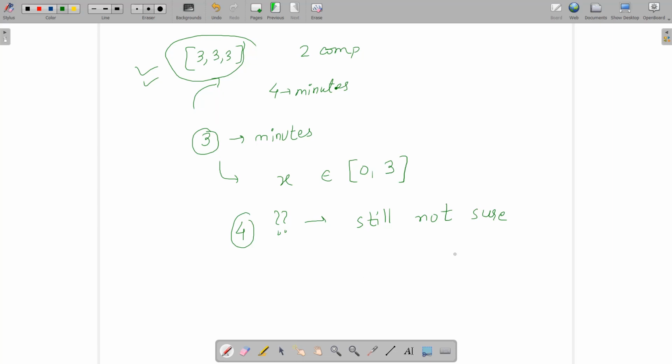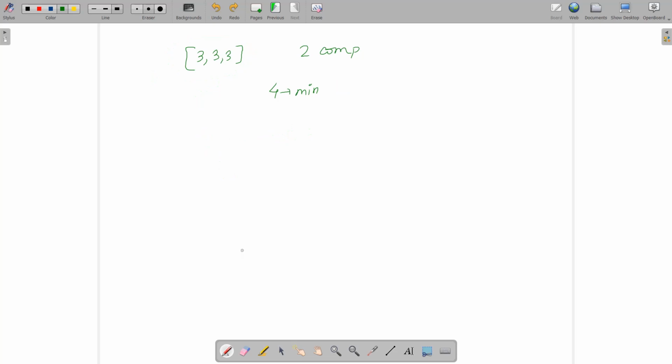So in the more general case, if a computer can run for b minutes, then for every a which is less than b, the condition will be valid. This gives us the idea of why not do a binary search, right? And why did this binary search idea click for me? Let's understand that also. In the binary search, we have some lower bound L and some upper bound R, and we will figure out some mid. So mid will be L plus R by 2.